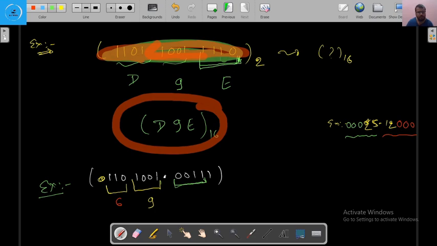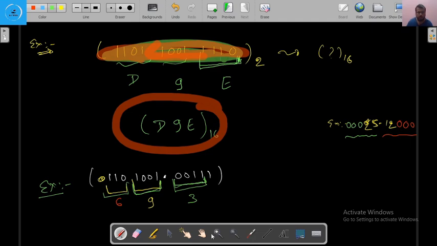So before the decimal point we group from right to left, and after the decimal point we group from left to right, in groups of 4 binary digits. So here 0 plus 0 plus 2 to the power 1, that is 2, plus 2 to the power 0, that is 1, then it is equivalent to 3.